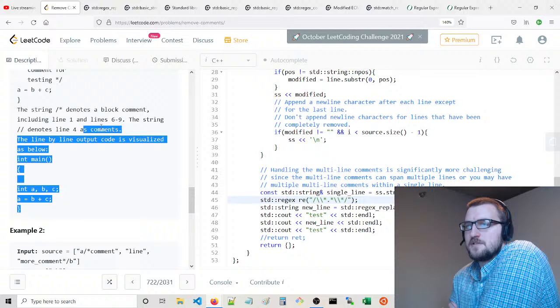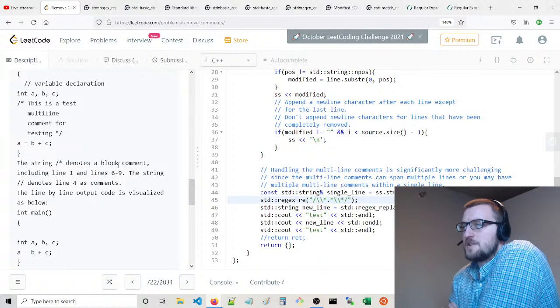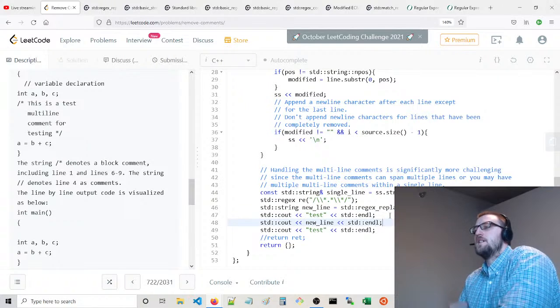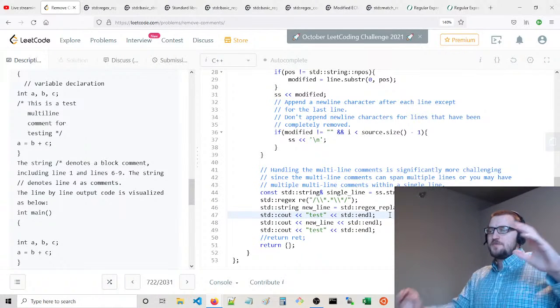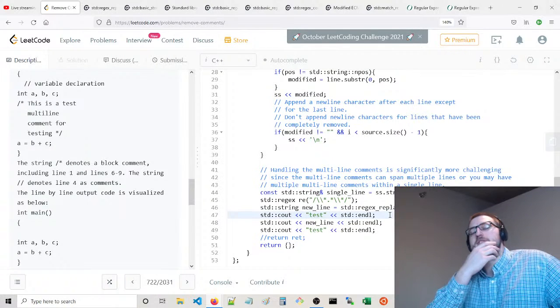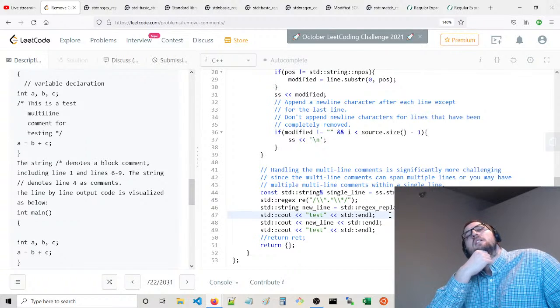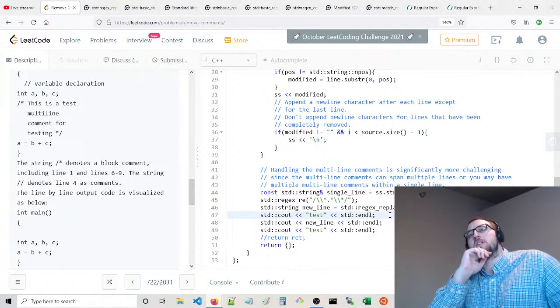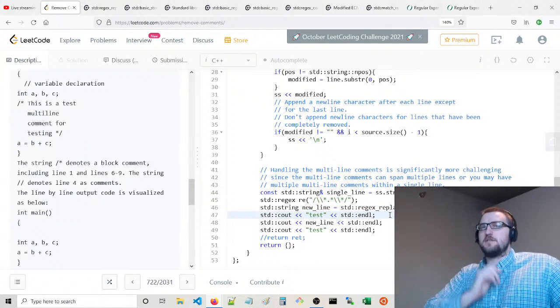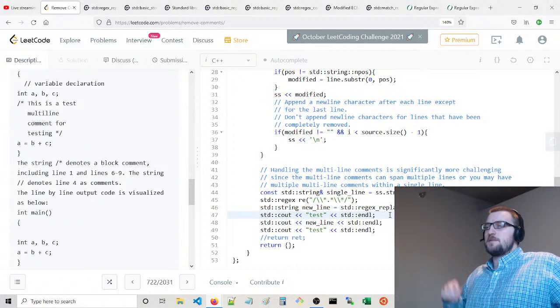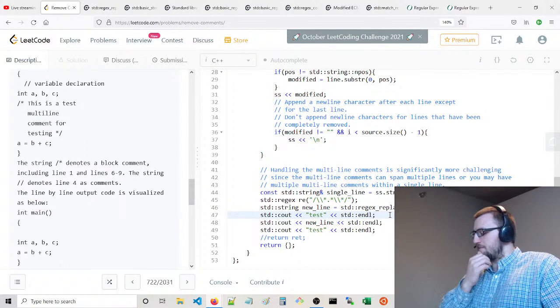Or yeah, okay. So what we're going to do is process this final string again for all the new line characters, and basically split on the new line characters into an array. But any of the empty strings we're not going to include. So we're going to skip the empty strings. So that's kind of interesting.